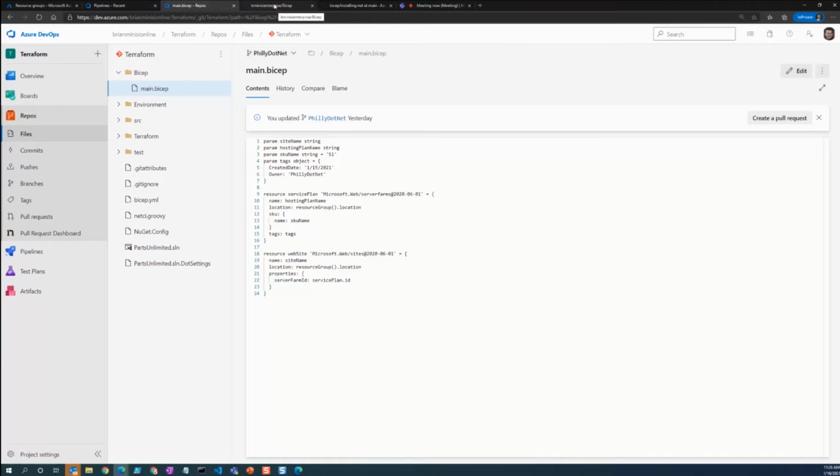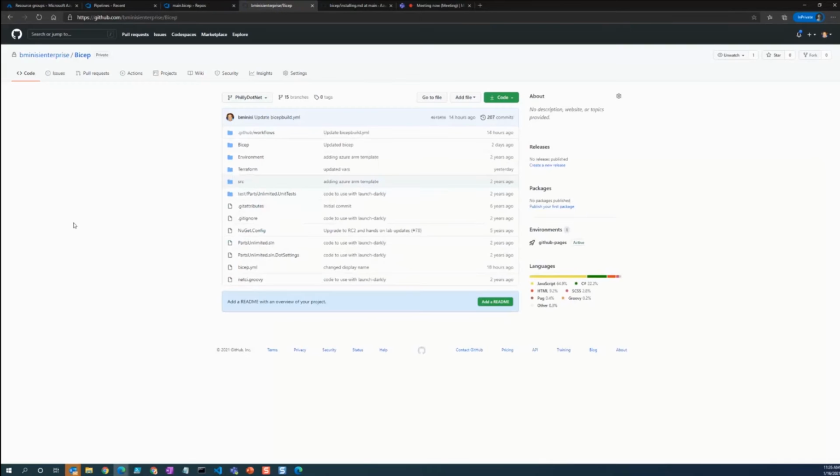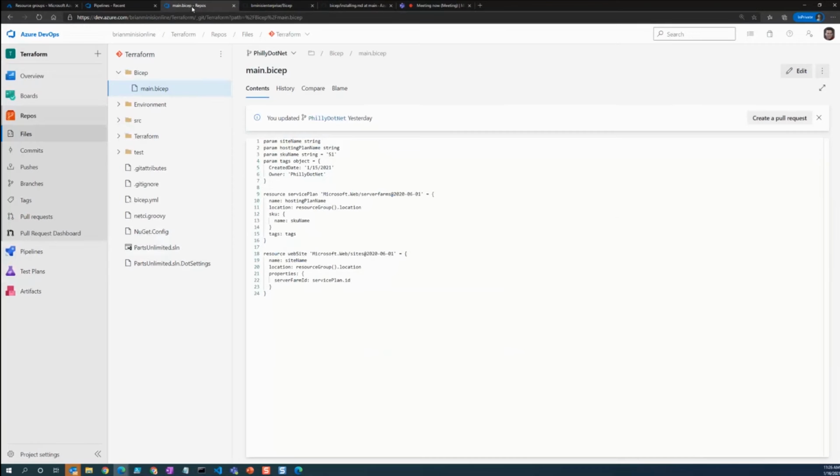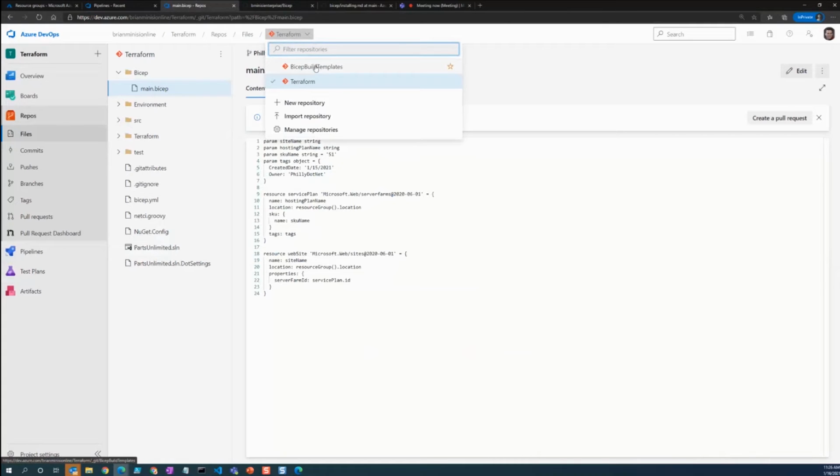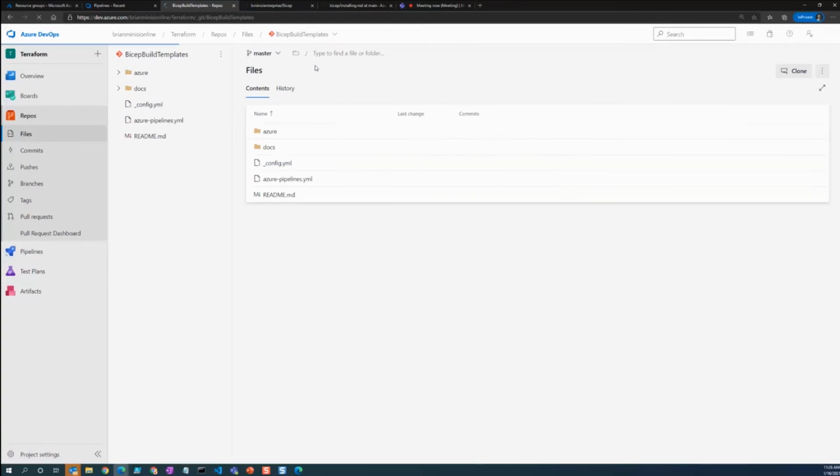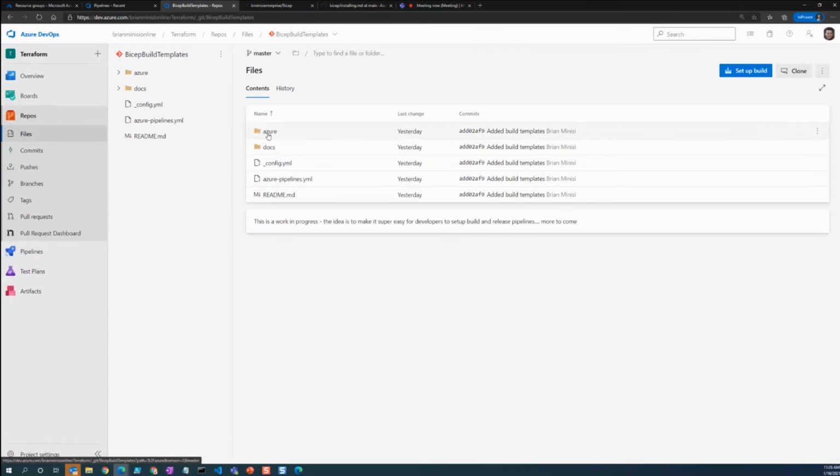There's a person named Nick Randolph that wrote something that we can use. He wrote it in GitHub, so I had to take his repo and bring it into Azure repos. And this is basically what it is.